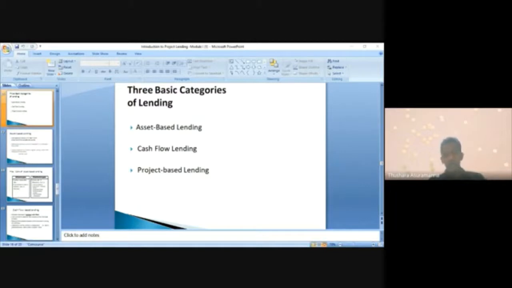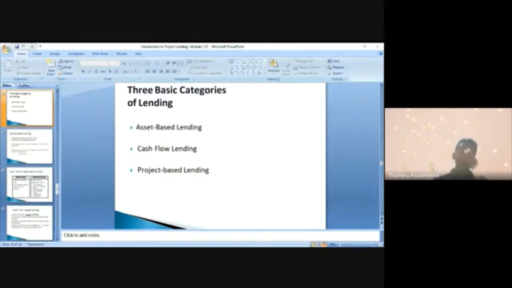Then we have some advantages as well as disadvantages. Advantages like lending appears less risky. Why? Because there is an underlying asset in case of emergency. If you are unable to recover, yes, we talk about the asset underlying that transaction. The loan based on the value of the property is easy to determine, right? There may be cash, there may be shares, there may be property, there may be gold, right? So you know the value of the particular asset, and it is easy to determine the value, and then how much I should accommodate to the customer.